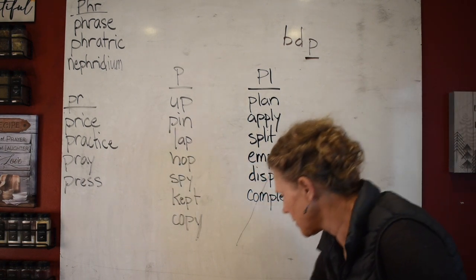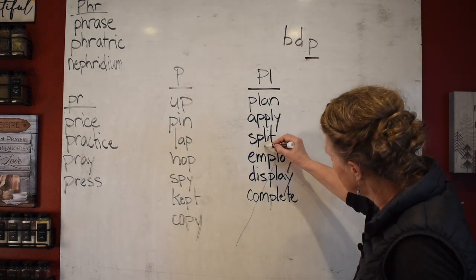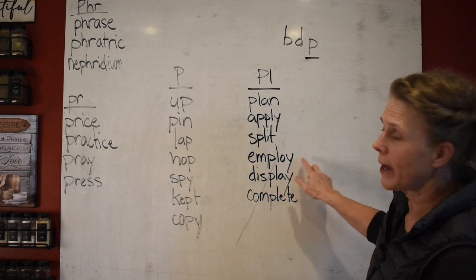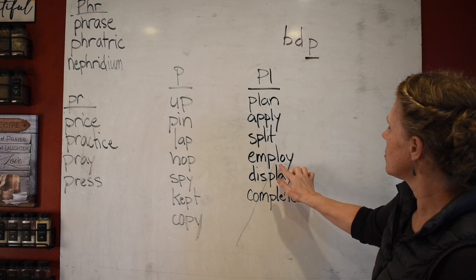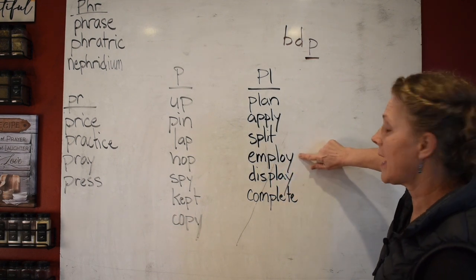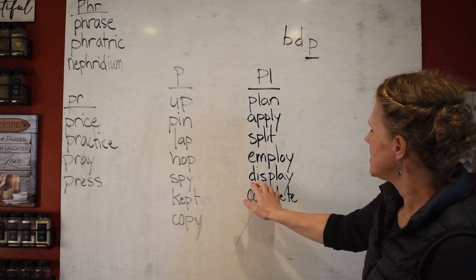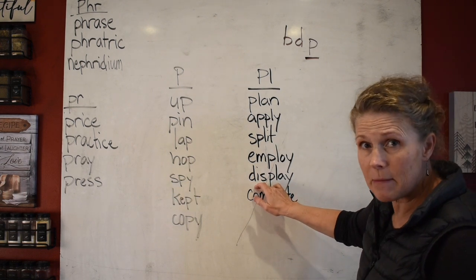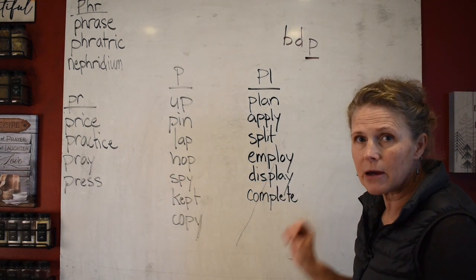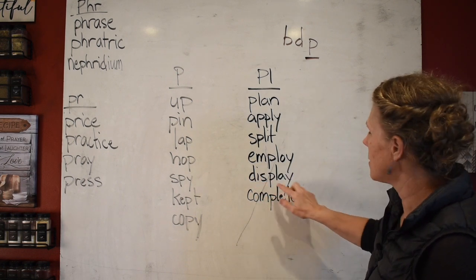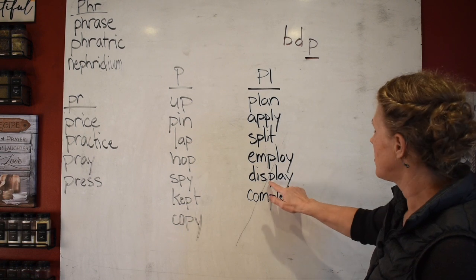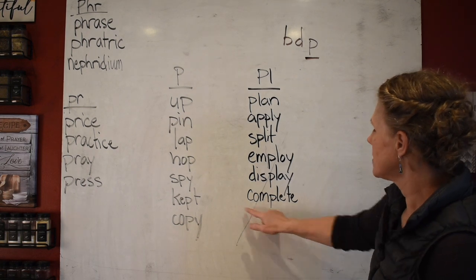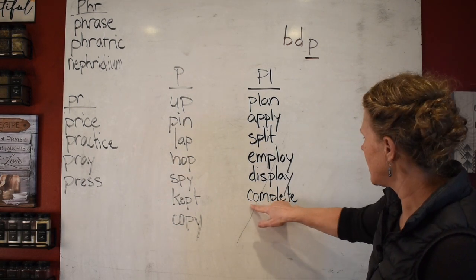See, this breaks right here. This is a multi-syllable word. Employ. Pull-oy. So we talked about this sound in another lesson. Ploy. This is a prefix. You need to have it memorized. You need to know the sound and how it's spelled. Dis and then play. Play. Display. Complete, another prefix right here, and then